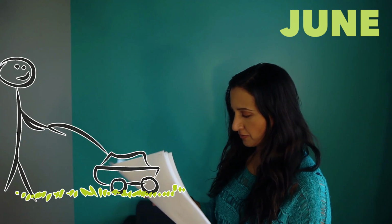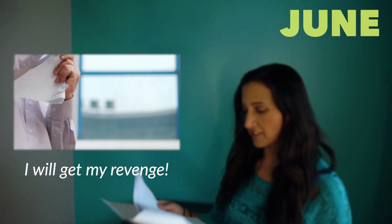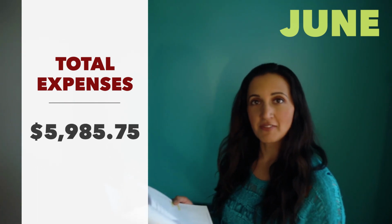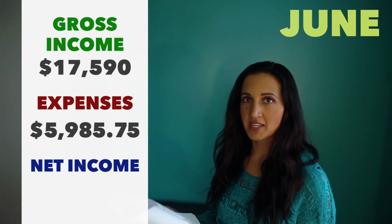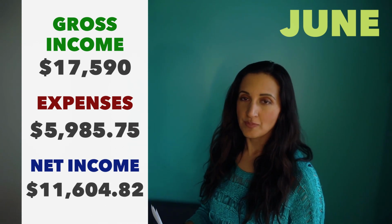Lawn care, there was routine maintenance. There are a lot of line items on this of death by 1,000 paper cuts, and what it all amounted to was that our total expenses came to $5,985.75 in the month of June, which means that the net income in June ended up being $11,604.82. So June was a very good month, but again, it was unusually good,